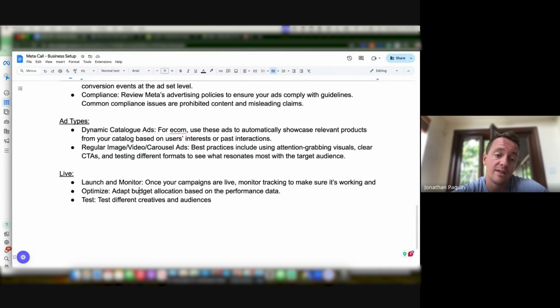Yeah, and then optimize. So if a campaign is not working for like 5 days or so, chances are it's not going to get better, or it's not going to turn around drastically after a week or so. So you want to make sure to adapt based on the results quite quickly, because Meta is usually consistent, or if it's not consistent, it's usually for a drop. It's usually not for a big spike, unless there's like a